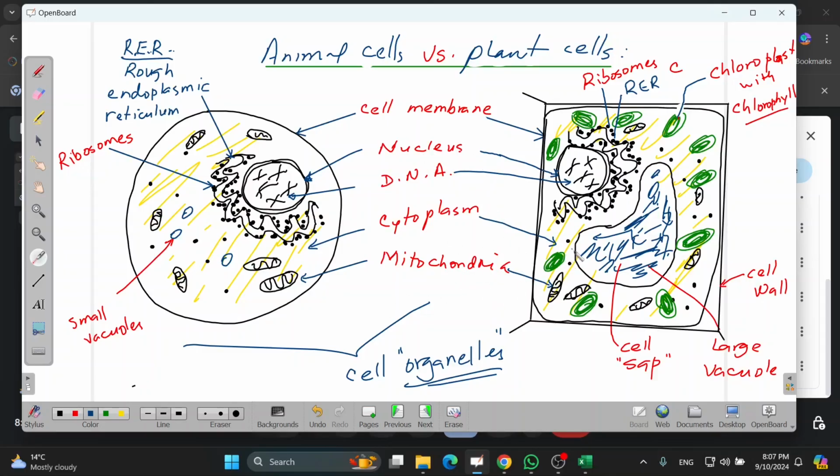Now, as a summary, there are three things that plant cells have that animal cells don't. Like what? Can you tell me, guys? What are three cell organelles or structures present in a plant cell which are absent in an animal cell? Chloroplast. Yes, the chloroplast, we don't have that. Cell sap. Yes, the cell sap within the cell. And the cell wall. And the large vacuole. Good. You know what? I forgot one. Let me tell you the next one.